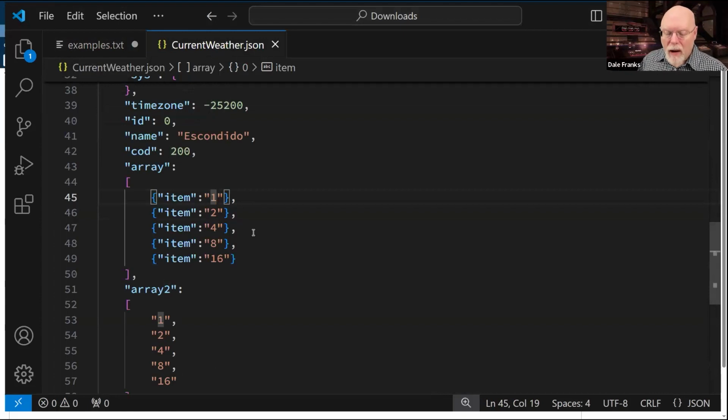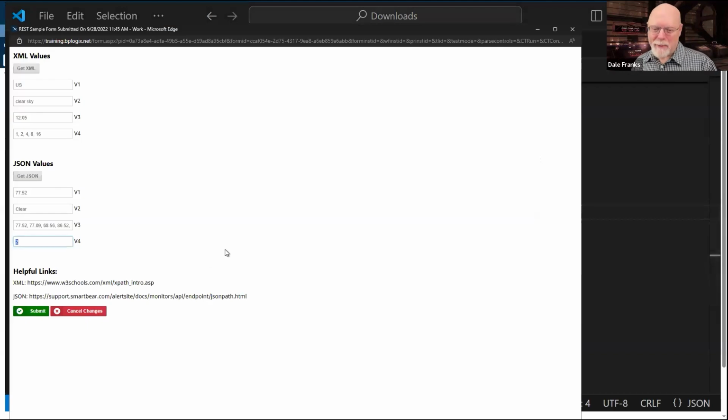So I asked for item 1, and the value that I got returned was 2, which is the correct value because JSON path is 0-based, XPath is 1-based. That's a big difference to remember. And if you are mixing and matching XML and JSON, you're going to forget and you're going to grab the wrong data at least at one point during your work with these REST values. I'm just letting you know that that is going to happen.